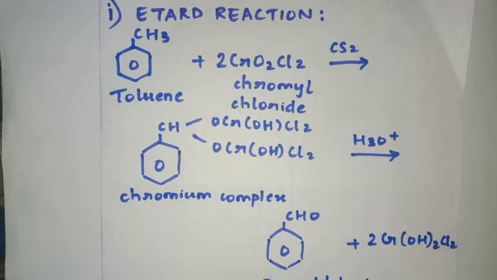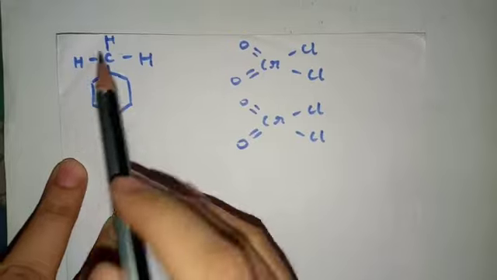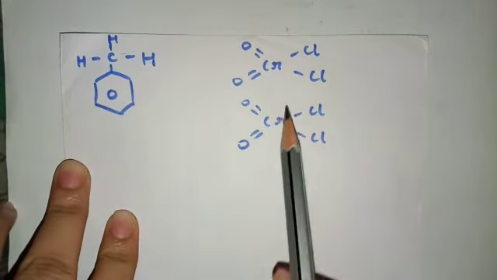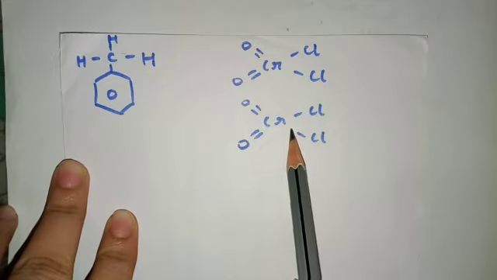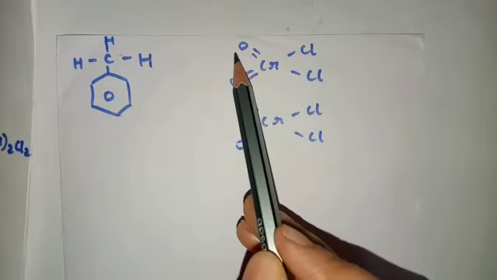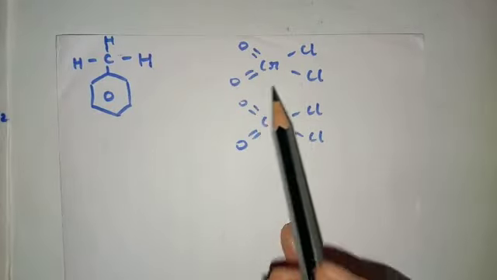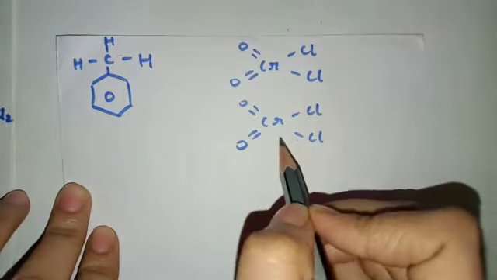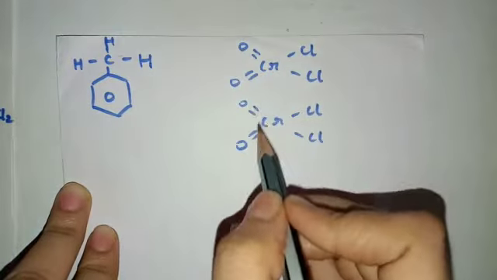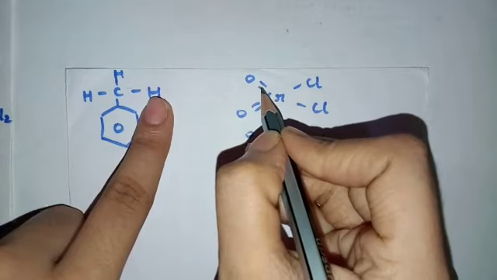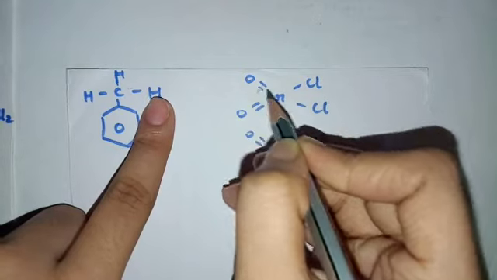Now see over here, this is your toluene, a benzene ring with C and H3, three hydrogen atoms, and the two compounds I have drawn over here are chromyl chloride. We are taking two molecules of CrO2Cl2, right? So you can see CrO2Cl2, this is the open structure for it. Now what is going to happen is, from both these chromyl chlorides, you can see double bond O, it has two oxygen atoms. So it will break the double bond with one of the oxygen atoms.